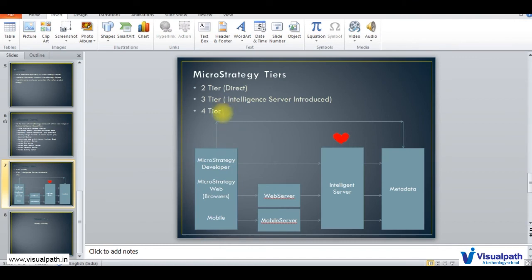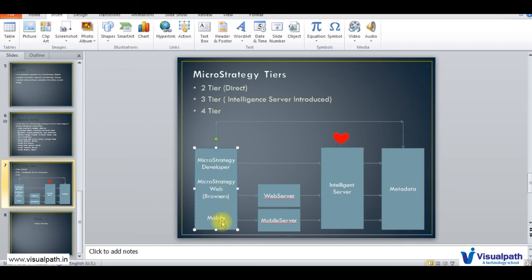Now the last one is again a 4-tier architecture, but not using MicroStrategy Web; it uses MicroStrategy Mobile. You can view your reports and dashboards through your mobile device as well, through the MicroStrategy application on mobile. Right now I cannot show you the physical device and how it looks, but if you are using the MicroStrategy application on mobile, that becomes your first tier.